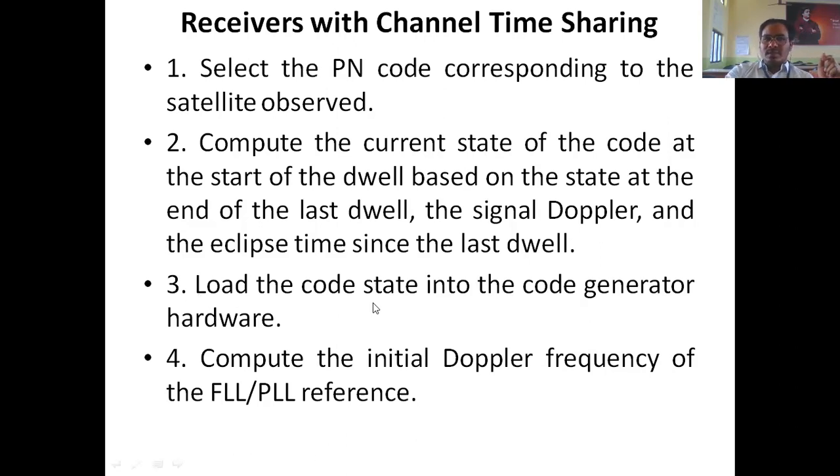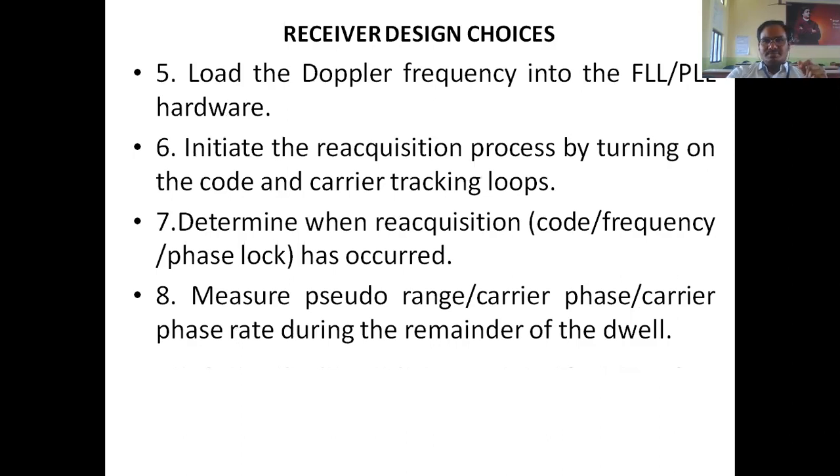Next, third one. It loads the code state into the code generator hardware. For code generation purpose, there will be hardware present. It loads this code state into that. Then it computes the initial Doppler frequency of the FLL, frequency locked loop, or the phase locked loop reference, because in the GPS receiver we use the PLL technique. Next step is it loads the Doppler frequency into the PLL hardware, followed by it initiates the reacquisition process